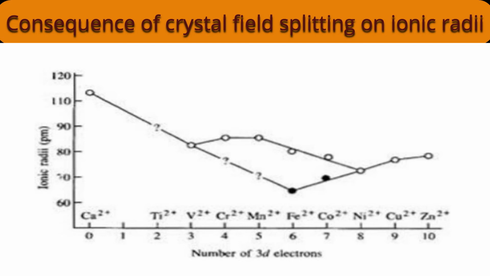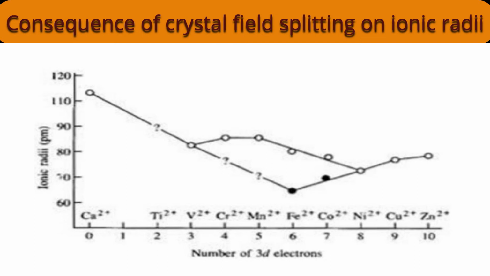And because of that, Fe plus 2 is the smallest in size. As we progress further, as we come to cobalt plus 2, a D7 system, the 7th electron will come in the Eg orbital, and as per our previous logic, that electron will show repulsion and increase the size, and therefore the size of cobalt plus 2 is increased. And about D8, the low spin and high spin cases are the same. Size is increased, copper size increases, then up to zinc.